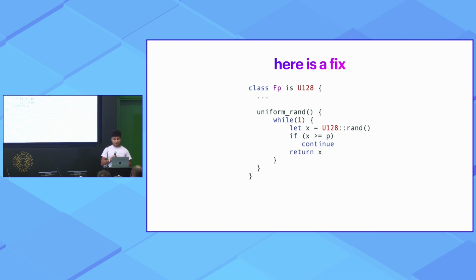And this is the fix for it. So you can just sample until you get a number which is lower than your order, and then you can use that. So generally, the first pitfall that I would like to conclude on is that for serialization and deserialization, we